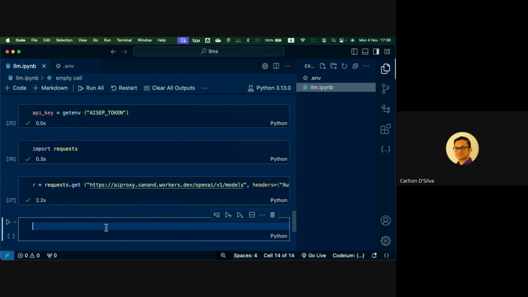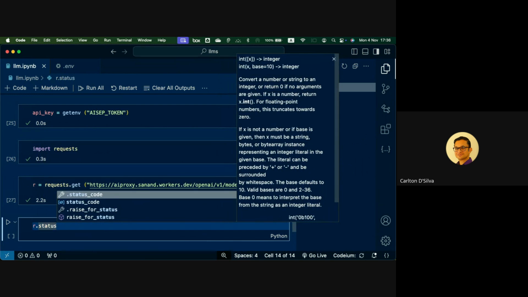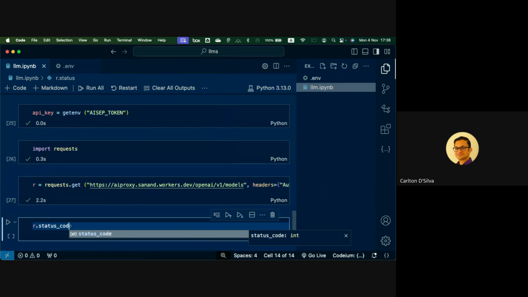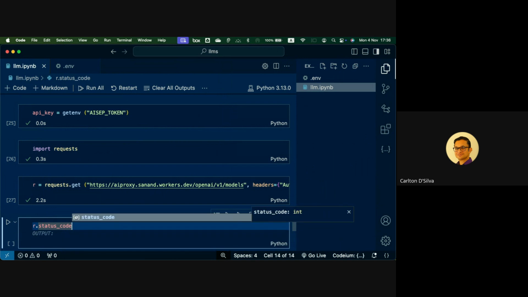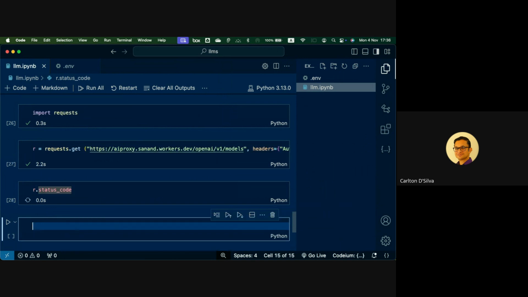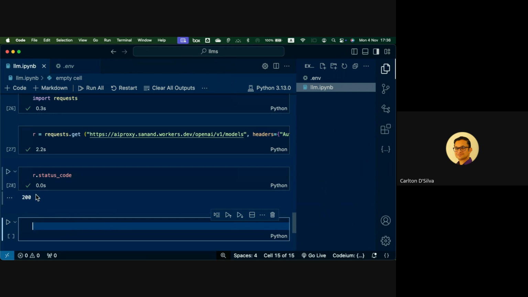The first thing to do, of course, is whenever you're making requests, as usual with APIs, run them in a separate cell or be very careful with how you do them so that we can debug the response later. Obviously the first thing I want to do is check, was it successful? A 200 status code indicates that it is.